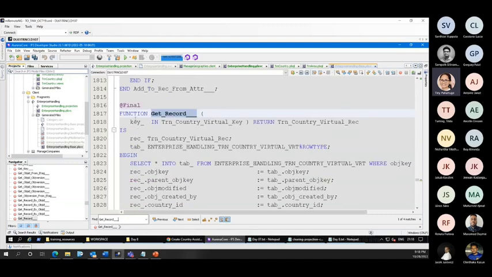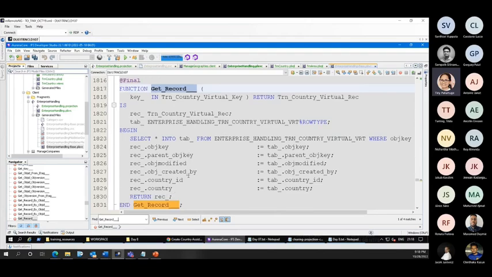So based on the key that we are passing for this function, we are returning the record trn country virtual record type. And from here, what we are doing is we are trying to get the record, and using that object key, we are trying to get that record into this rec that we are passing, or that we are returning from this get record method,